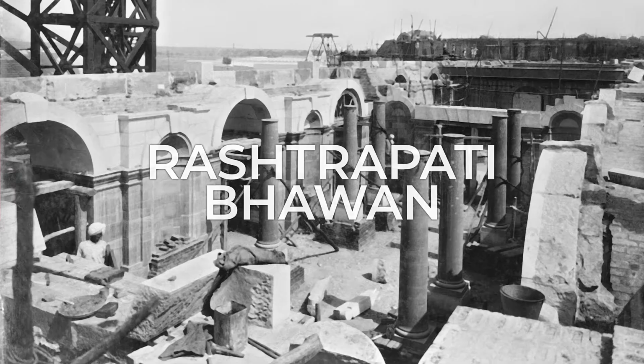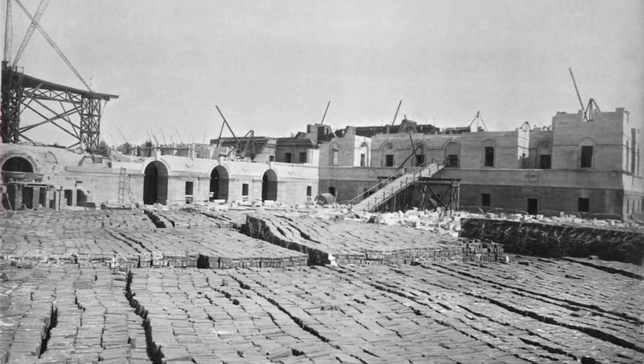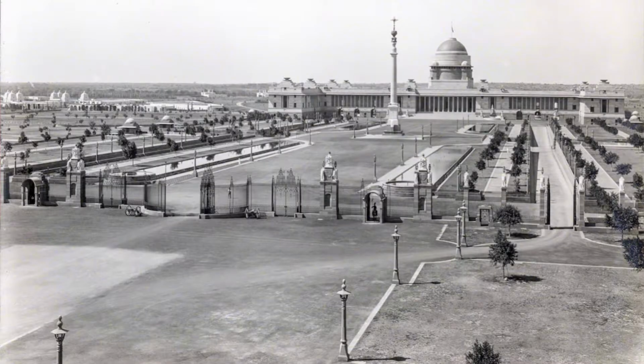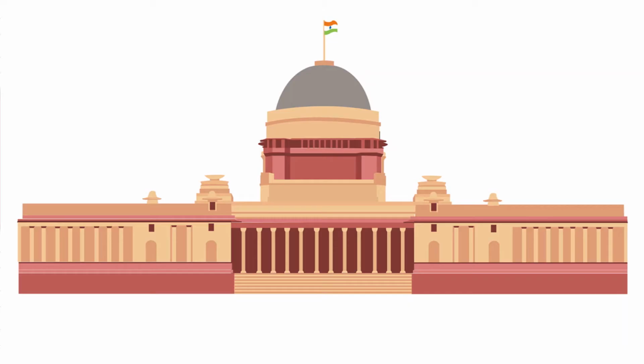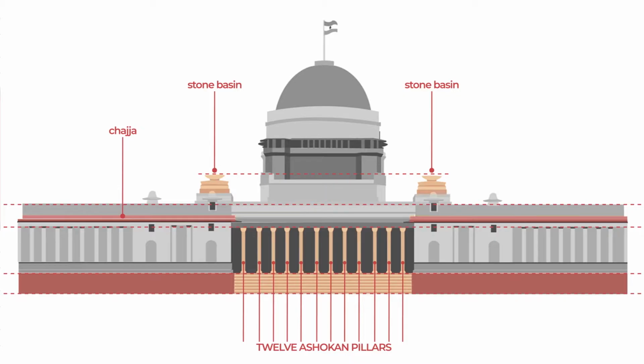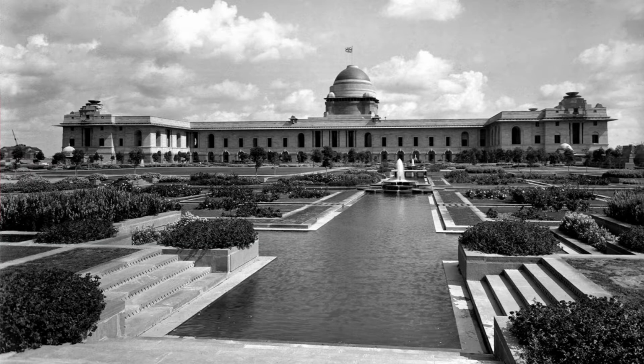Lutyens' Viceroy House looks more classical, with not so much conscious blending of the west and east. He was perhaps more keen on creating a new architectural form. Various Indian elements were added to the building. These included several circular stone basins on the top of the building, traditional Indian chhajja, red sandstone jalis inspired by the Rajasthani designs. The front of the palace has 12 unevenly spaced massive columns in the Delhi order capitals with Ashokan details. The iconic dome was inspired by the Buddhist stupa of Sanchi,